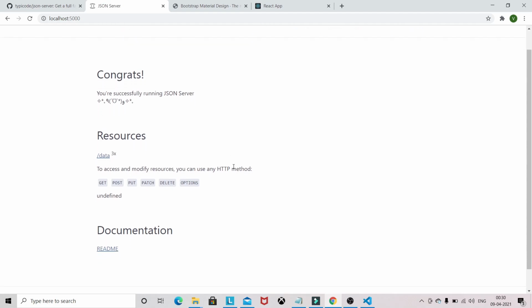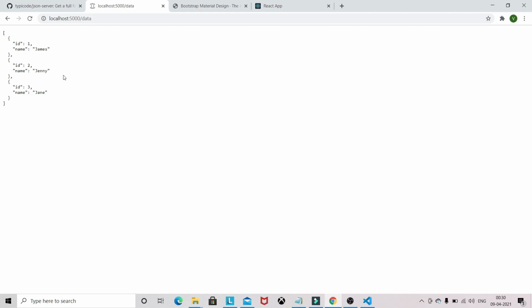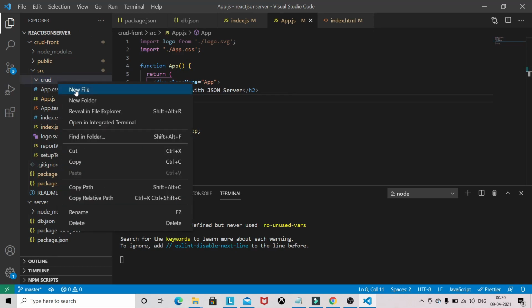You can perform all these operations like get, post, put, patch, delete, and you can access the resources which we have defined in our db.json file. Okay, so now our application is running. Let's start implementing the CRUD application.